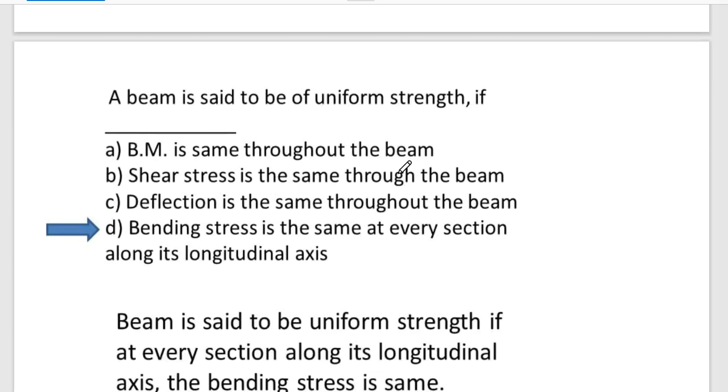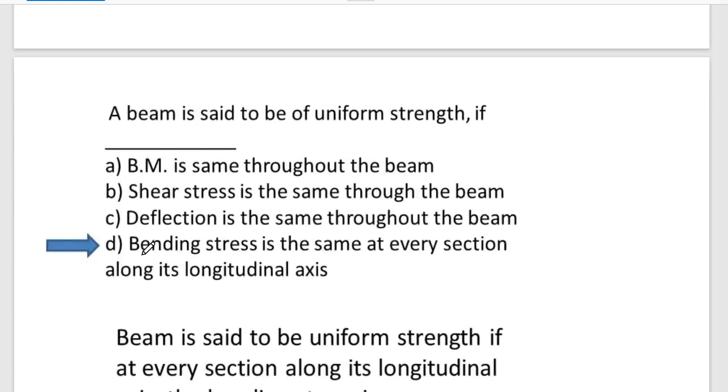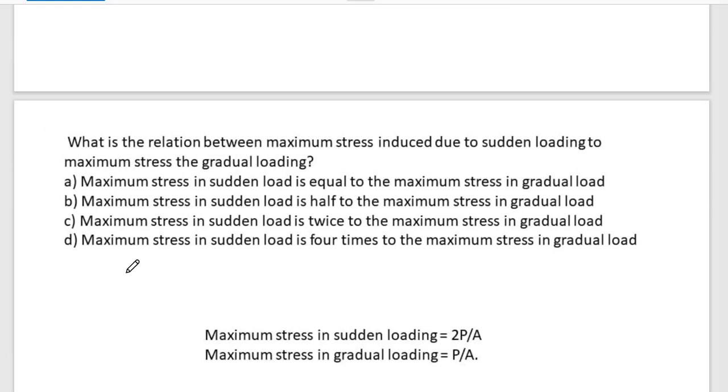So this question came once in the APSC exam: if a beam is of uniform strength, what does that mean? Bending stress is the same at every section along its longitudinal axis. A beam is said to be of uniform strength if at every section along its longitudinal axis the bending stress is the same, right? Option D is correct. Next, question number